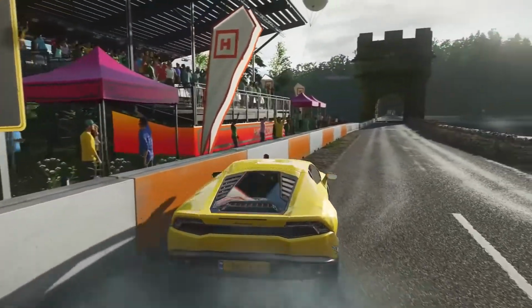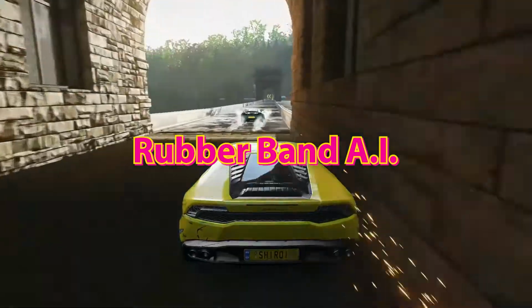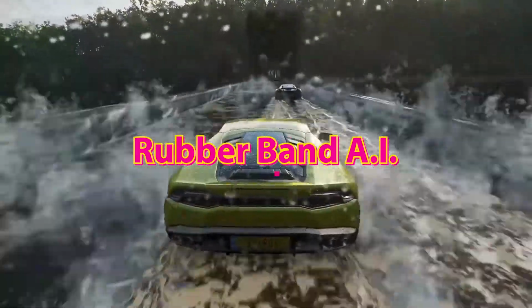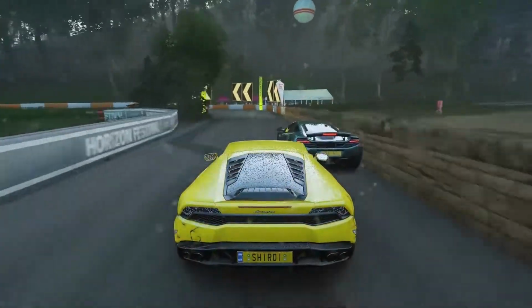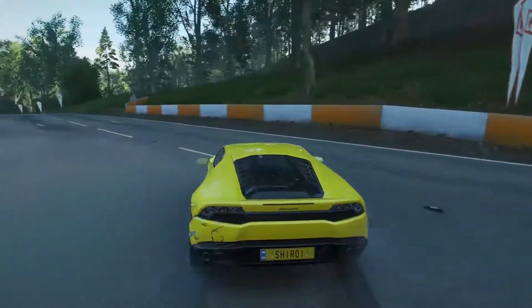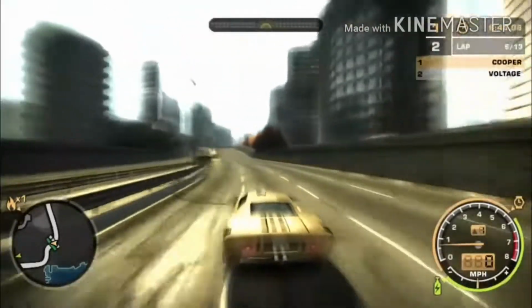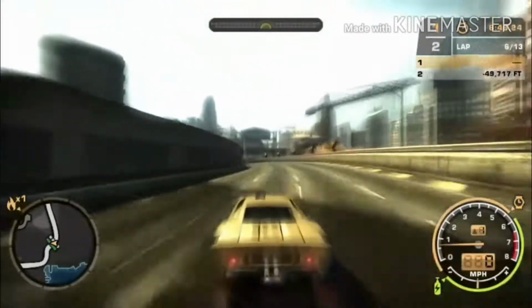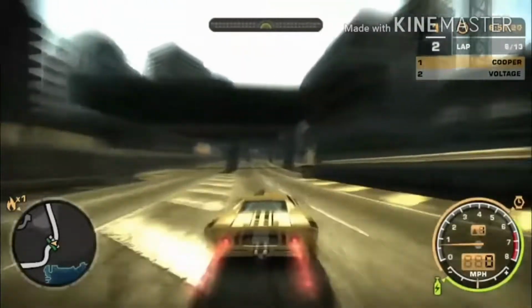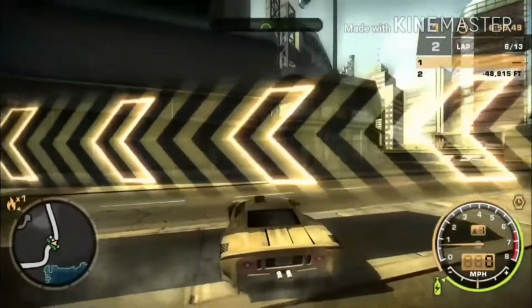So let me give you a really good example I think most people have probably come across, and it's called Rubber Band AI. Now, this is used in racing games, among others, but mostly racing games. And the concept behind it is that if you're losing or doing poorly in whatever your challenge may be, then the cars in front of you will be going a little bit slower and maybe taking corners not as well as they should do to allow you to catch up. And if you're in the lead, well, the cars will be driving very well. They'll take each corner perfectly, hitting the apex, and they'll do it at speed,